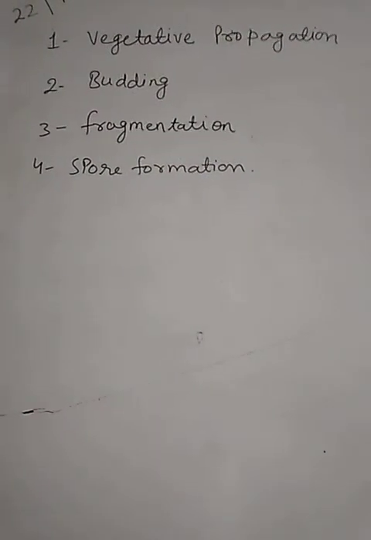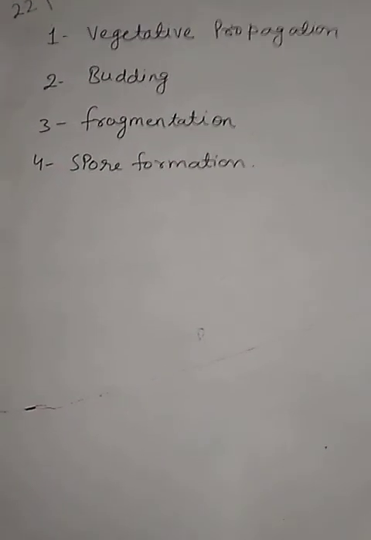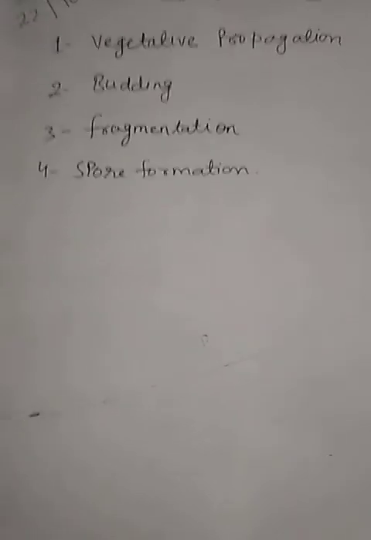Roots of some plants can also give rise to a new plant. For example, in sweet potato and in dahlia, new plants are germinated through the roots. Plants such as cactus produce new plants with their parts which get detached from the main plant body, and each detached part can grow into a new plant.